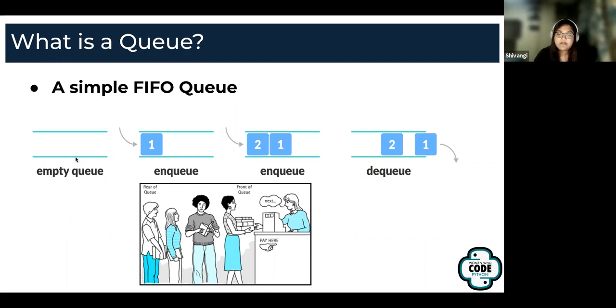So if I had to represent a queue, I would represent it as a pipe, which has both the ends open, right? In a queue, what essentially happens is the addition of elements happens from the back, right? And that operation is called enqueue, and the deletion will happen from the front of the queue, right? And that's called dequeue. And here you can see, unlike a stack, the insertion and deletion are happening at two different ends. And that's the key feature of a queue.